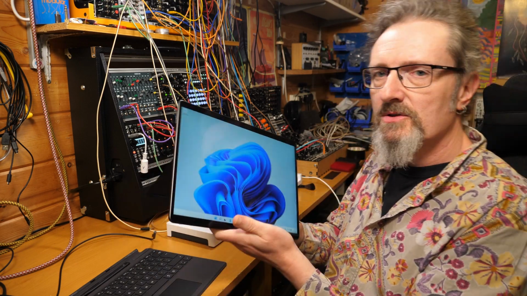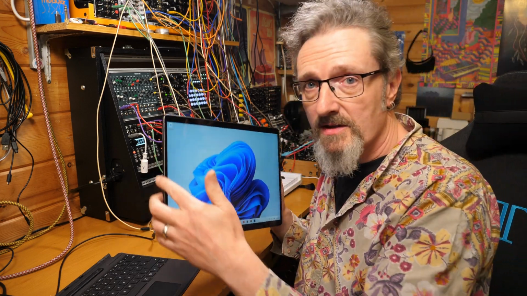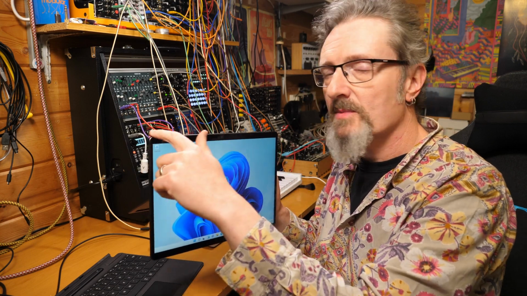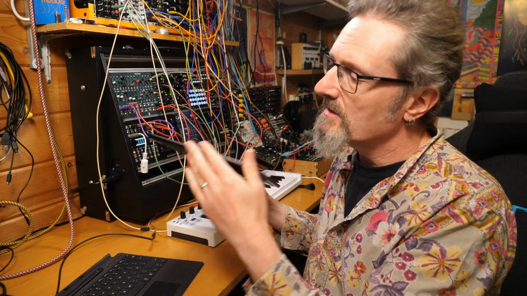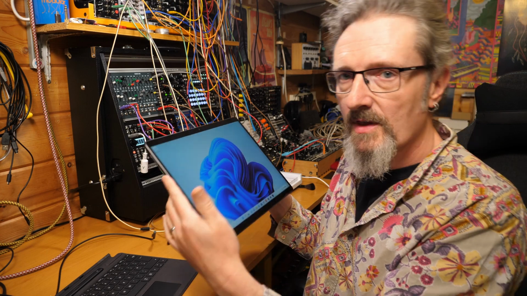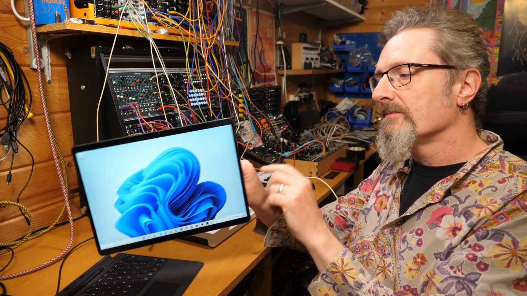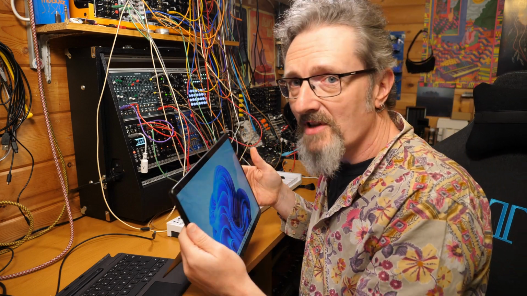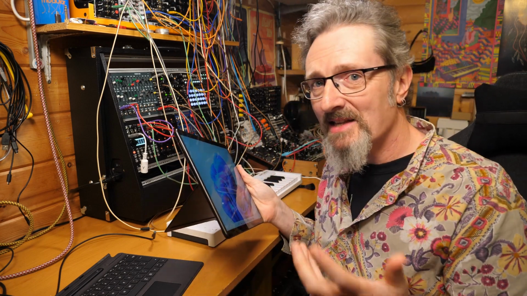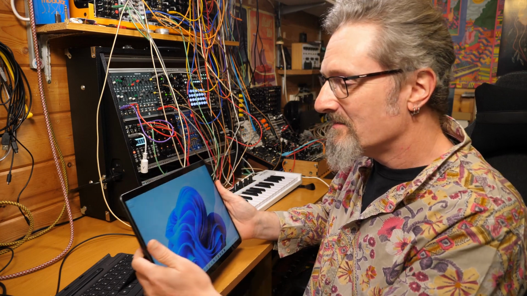So what else do we get? Well, as I say, the buttons are now on the side rather than the top. The top is completely smooth. So you've got volume control over here along with the headphone socket, and you've got the power button on the other side. This presents a problem, which you may see during the course of this video, simply that when I want to plug in my headphones,